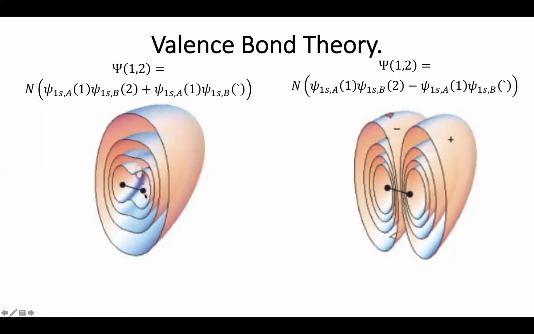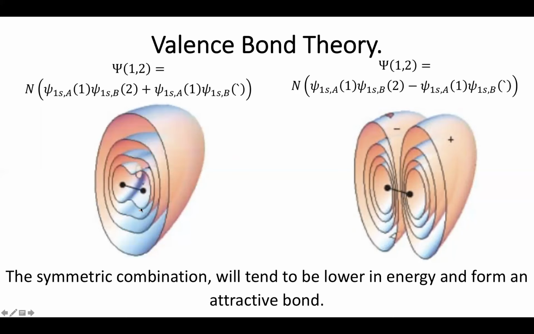In comparison, the symmetric wave function is going to have an increased probability density in the middle. As a result, it's going to be a little bit lower in energy, as these two nuclei are going to be attracted towards this density, which will bring these two nuclei as a whole closer to each other. Because this symmetric combination experiences the energetic lowering, we are going to try and focus on the symmetric form for now, and we'll deal with this asymmetric form a little bit later.